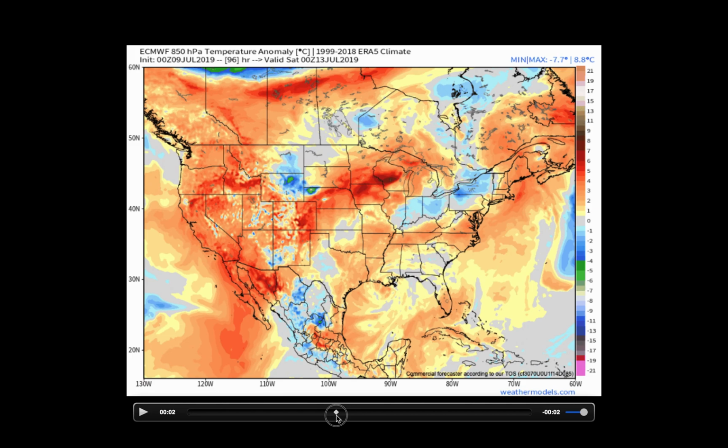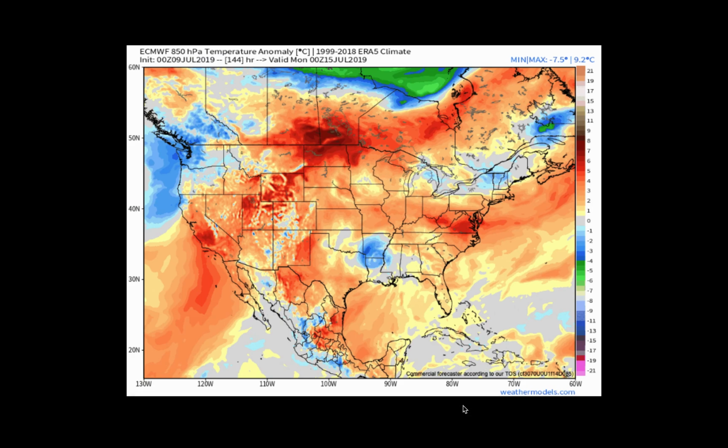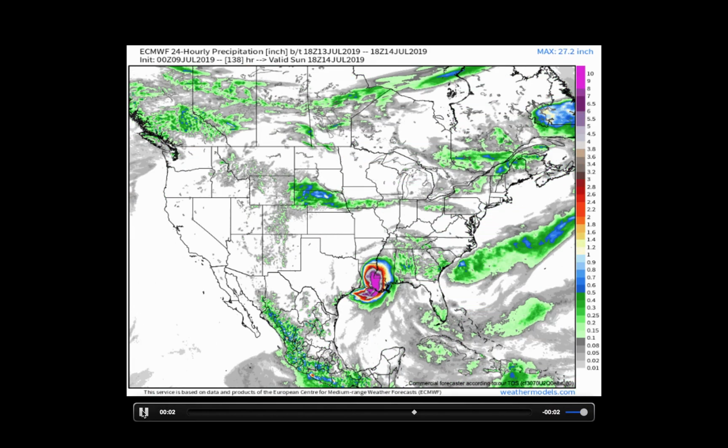But as we head into the weekend and into the early part of next week, heat really does return across the entire Corn Belt with that ridge setting back in. So a hot and dry pattern moving back in as we head into the weekend and early next week across the Corn Belt. And we look at the 12-hour or 24-hourly precipitation from the European model,